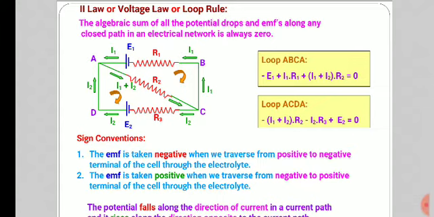They both are the same. So in this diagram, say there are four junctions, and loops are there, A, B, C, A. This is one loop, and A, C, D, A. This is the other loop. These are the current loops. And the EMFs, that is cells E1 and E2, are connected in both the loops.